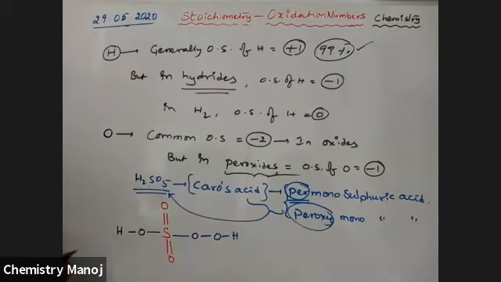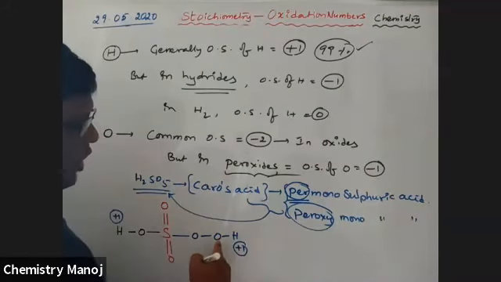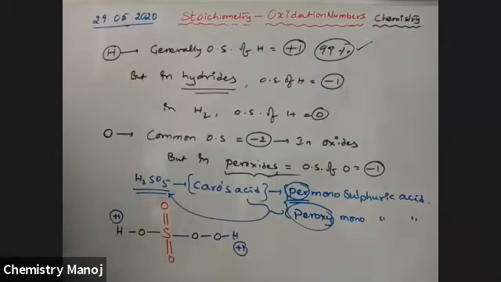See here, one by one. This hydrogen is in the +1 oxidation state. This hydrogen also is +1, because this hydrogen is not connected with any 1A group element or 2A group element. This is oxygen, not 1A, not 2A. If 1A or 2A elements are connected, the hydrogen is -1. Now it is +1, it is +1. Next, this is the oxygen. Is there any O-O single bond? No. So this oxygen has a -2 charge. This oxygen also has a -2 charge.